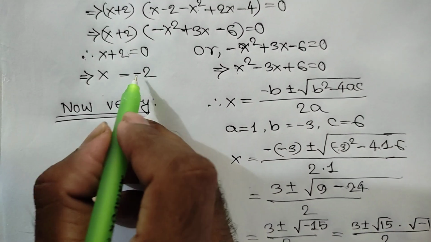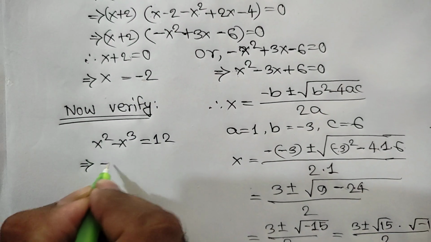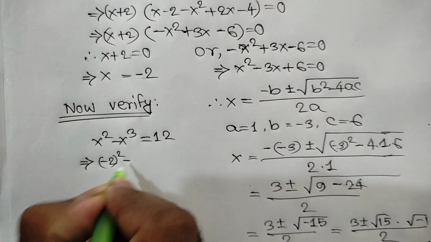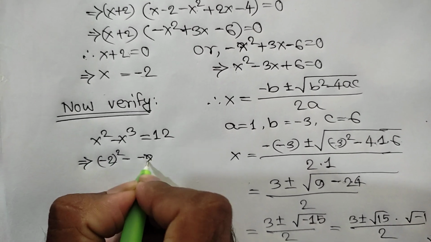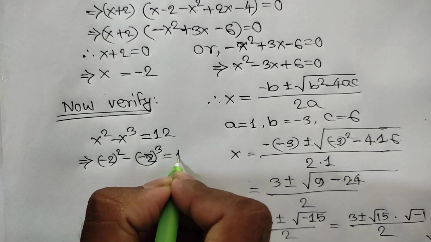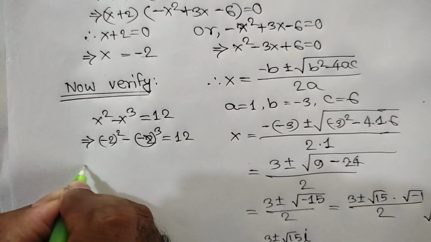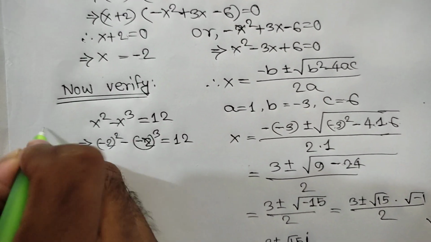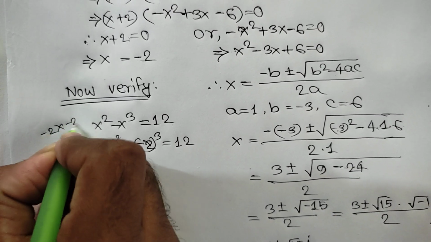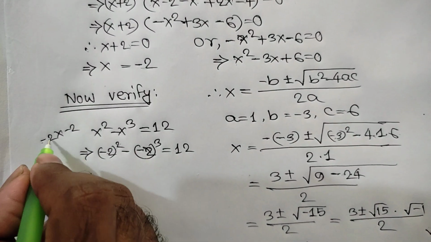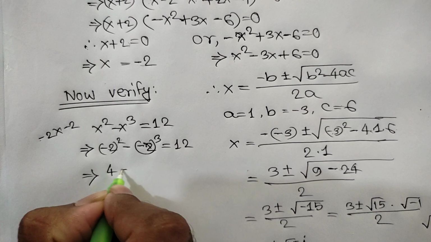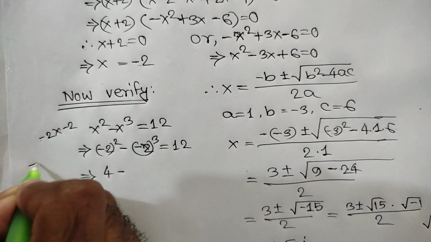Here x is equal to negative 2. So negative 2 square minus negative 2 cube is equal to 12. Negative 2 square that means negative 2 times negative 2. So negative times negative is positive, and 2 times 2 that means 4, minus negative 2 cube that means negative 2